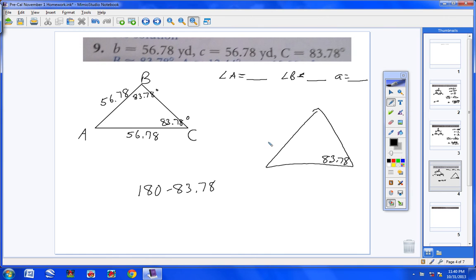And what you get is 96 degrees. All right? 96 degrees. Now, if you add those two together, this is really close. You're getting 179, and this is pretty close, too close to call here, because these two angles here do have to be the same because these two sides are the same. I mean, if you add these two together, you're getting 179.78, which means this degree over here would be